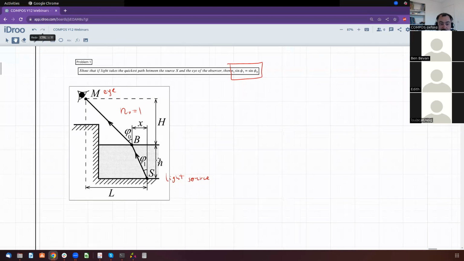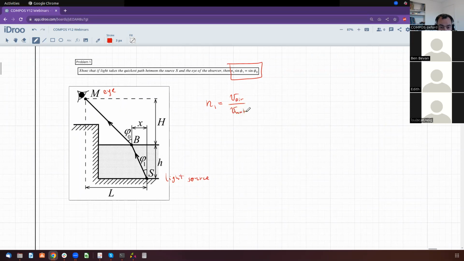So we need to work out what n1 is. n1 is the refractive index. So it's the speed of light in air divided by the speed of light in water. This is an important thing. So we can say that's V0 divided by V1, or simply the speed of light divided by the speed of light in water, which is different. Okay. So now we need to find the time to travel